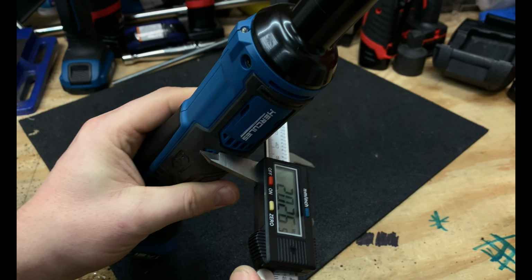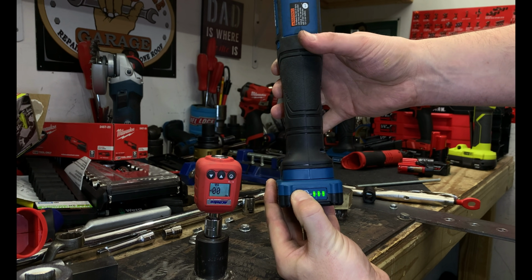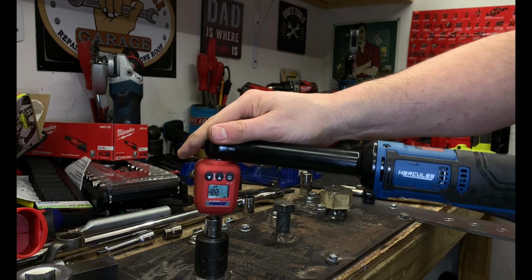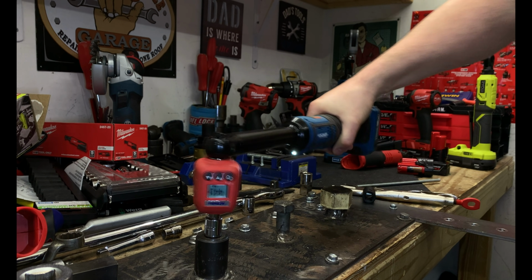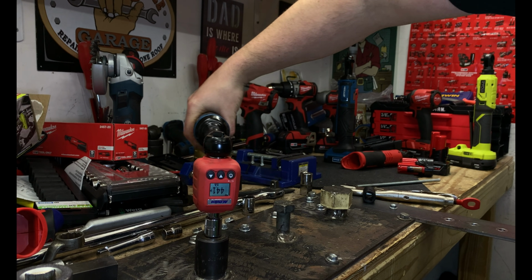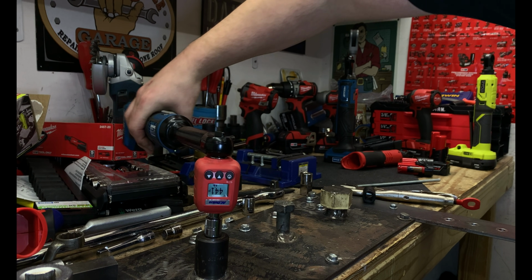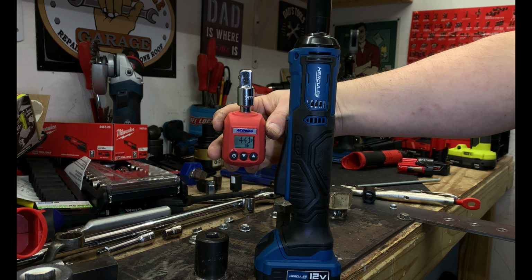And as far as the body, it comes in roughly around 2 inches in diameter. Now, the Harbor Freight Hercules is again claimed to have 40 foot-pounds of torque. We'll go ahead and use a fully charged battery, and we're going to measure that max torque here. You can see we're easily able to hit above 30 foot-pounds, and then with a little bit more work, you're able to achieve roughly 44.1 foot-pounds of max torque,